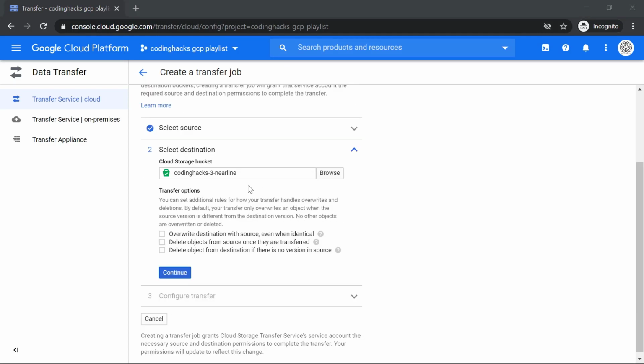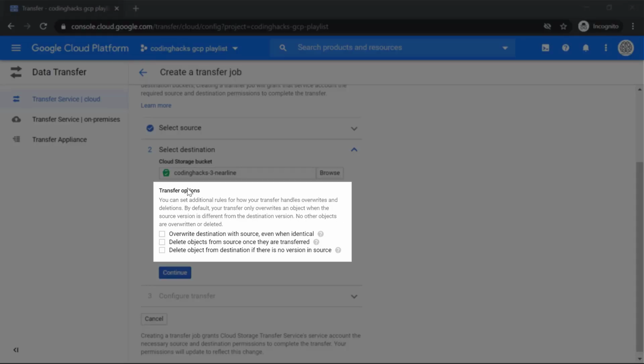Here you can see that there are three different transfer options we have. The first option suggests that you can choose either to override your destination with the source objects even when the objects are exactly identical. In the second case, you can delete objects from source once they are transferred. You will do this when you want to save storage space.